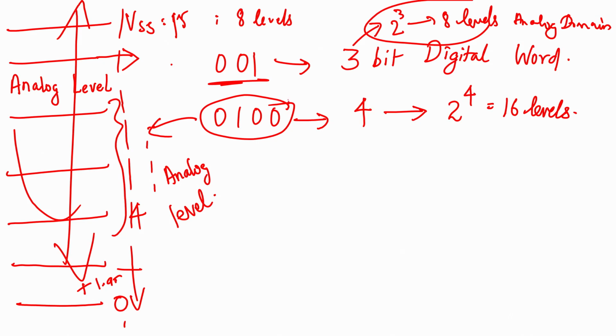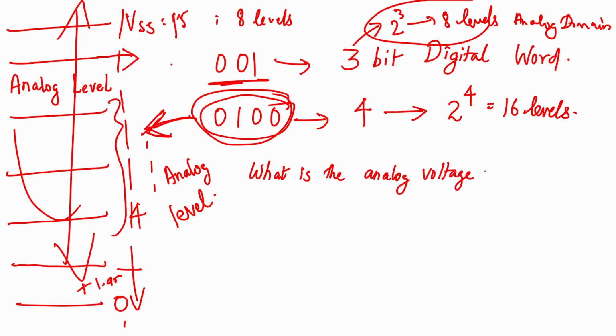Okay. So now we have a digital word, right. So how do I find out what is the analog value that this corresponds to? This is often something you need to see in your circuit design. Suddenly you will see a bit sequence, and you need to see what is the actual analog voltage that this bit sequence corresponds to. What is the analog voltage this digital word corresponds to?